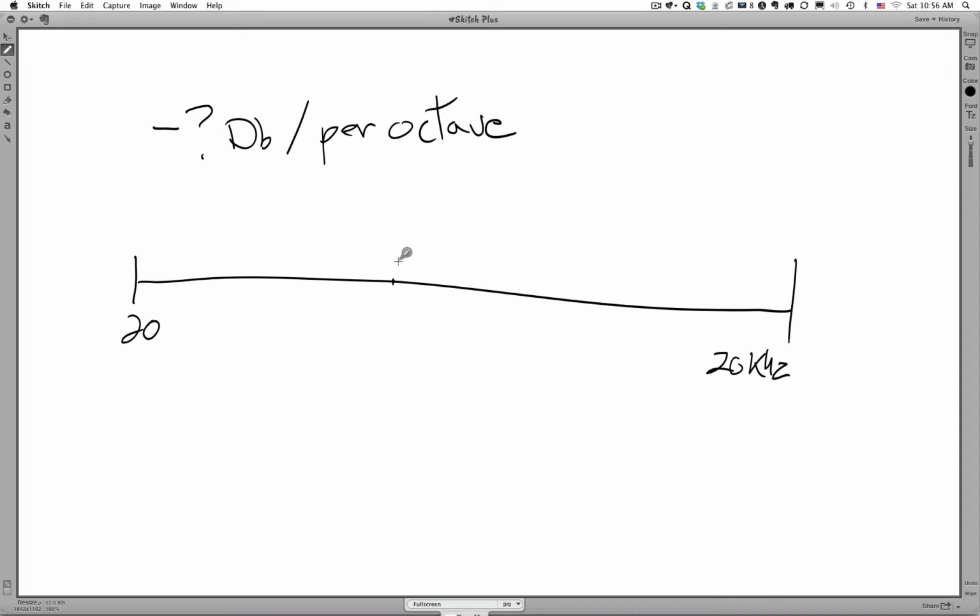How many decibels per octave? So let's say we're starting here at the note A that the orchestra tunes to, so we know it's A 440, 440 hertz. Each octave, you remember that we go up, we double, so this is also an A, but it's 880. Then we go to 1760, and then I can't remember the math after that. So each octave we go up, or each octave that we drop, we are doubling or halving the frequency. So if we start right here, and this is our cutoff frequency,